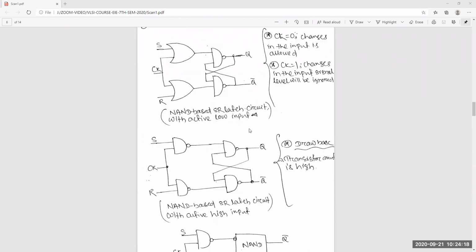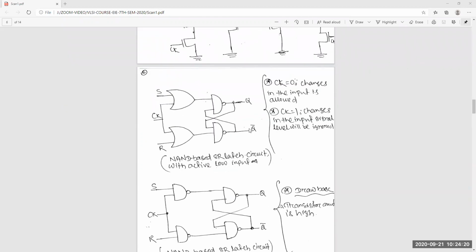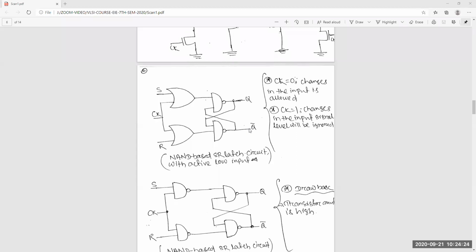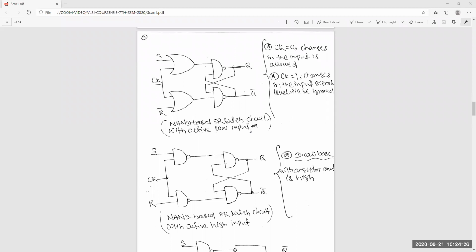Sir, in this NAND-based one, OR will contain 6 transistors.